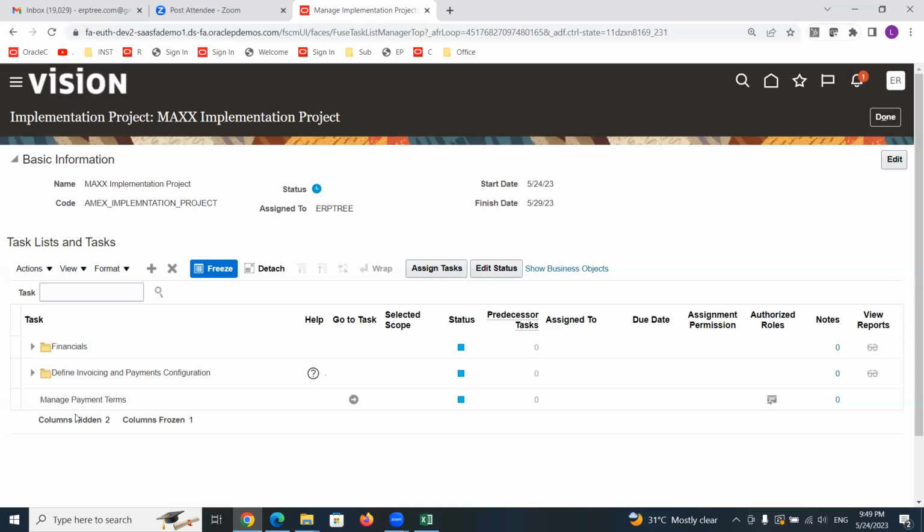So you are creating the projects for your convenience to do the setups and to move those setups from one instance to another instance. For that purpose, we are creating an implementation project. Okay. So if you delete the project, nothing will happen to the setups you already completed through that project. Those will get stored in the database and you can see those setups from another project by creating a new project.